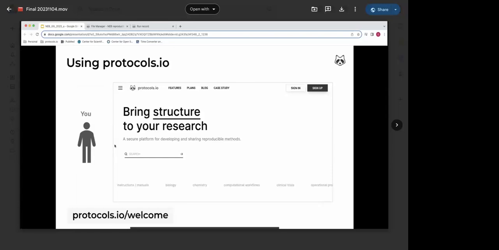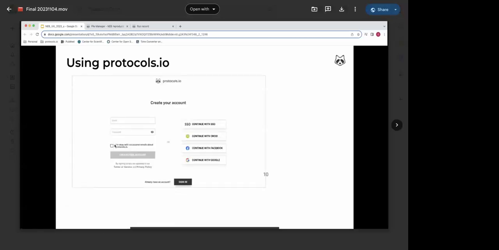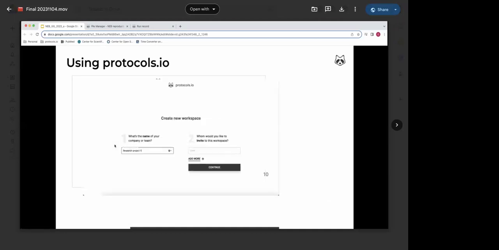If you go to our website at protocols.io/welcome, this is the landing page. You can create an account and log in. You can also log in using ORCID, Facebook, or Google. Once you start a session, the system will ask you to create a workspace. The system will also ask you if you want to invite someone to join this new workspace, but this is